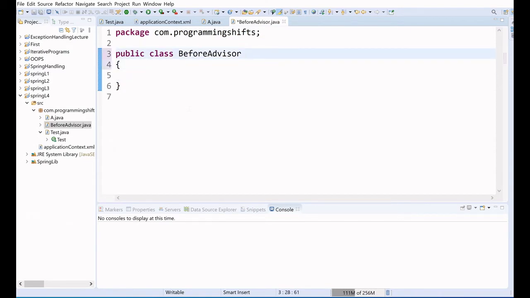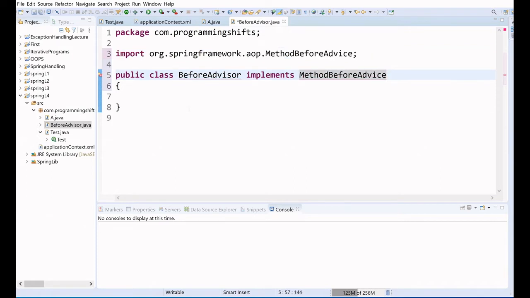I will give the name as before advisor, and now my class is going to implement an interface. To implement an interface, we write the keyword implements, and I'm going to write the method name before advice. So we have an interface in AOP, right?